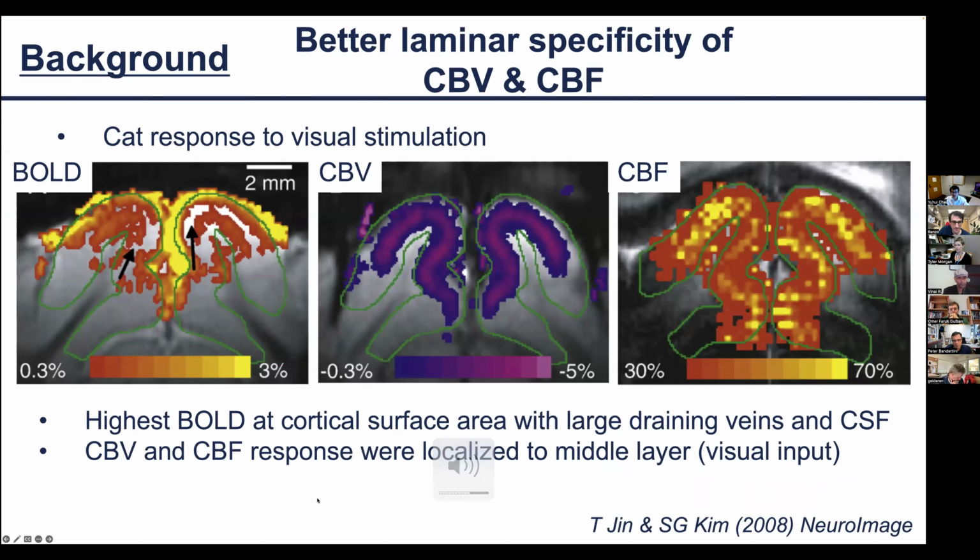Okay, great. I think everyone here knows that in layer-fMRI, CBV and CBF have better specificity compared to BOLD, because BOLD has a genuine draining vein effect, while CBV and CBF can localize laminar activity more specifically. This is the advantage of CBV and CBF based fMRI over BOLD. But